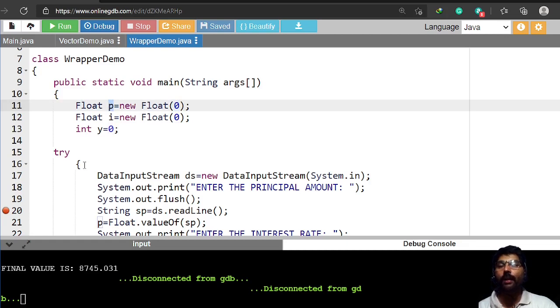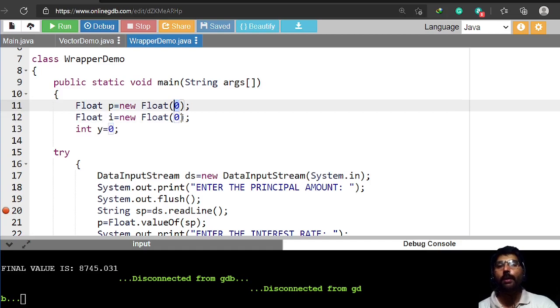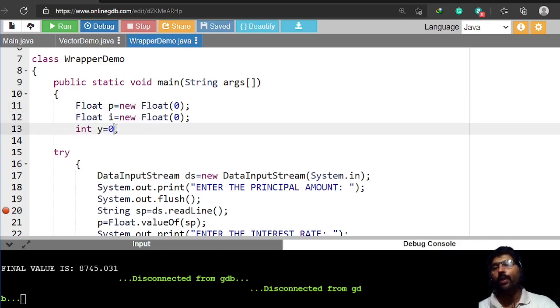P is an object, not a primitive data type. I, the interest rate, is also a Float object. Both are initialized to 0 with the help of the float primitive data type. Y is also initialized to 0. Since Y is a primitive data type, it is nothing but a 0 here.